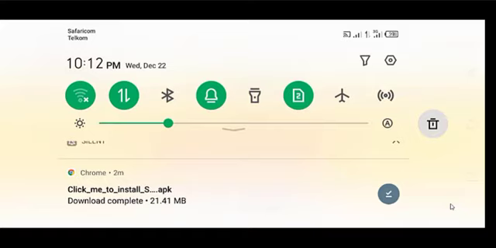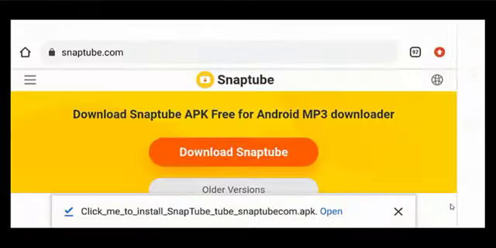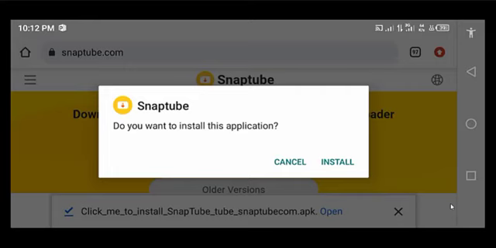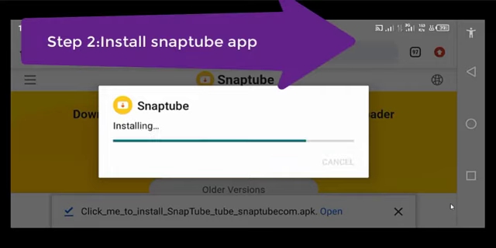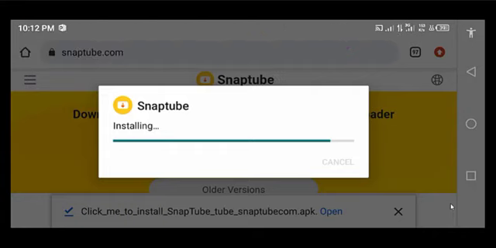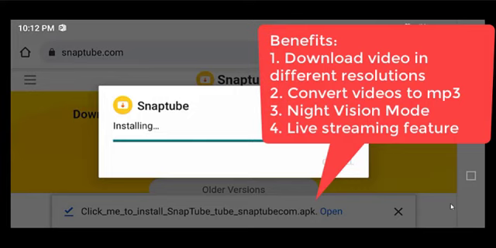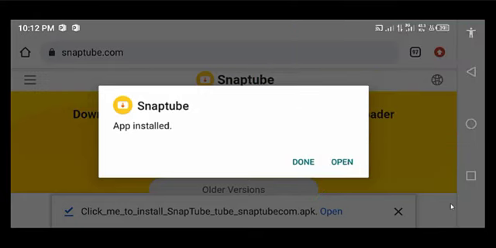Having downloaded, the next step is to click on the downloaded file, and then we click on install and we wait for it to install. Should fairly take a few seconds to install, and we are done.